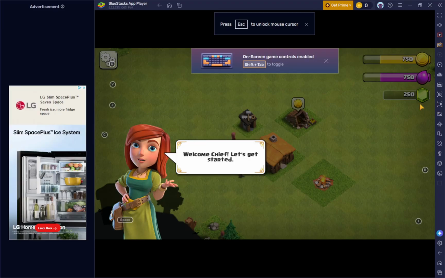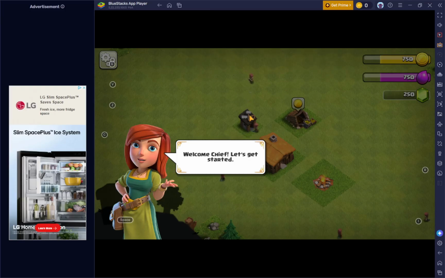You can also press Escape to unlock the cursor if the Escape shortcut is enabled. BlueStacks has this option enabled by default, so if your mouse feels stuck and you forget the other shortcut, try tapping Escape once and the cursor should be free again so you can reach menus or the desktop.